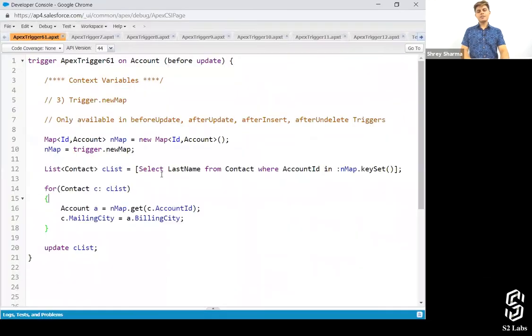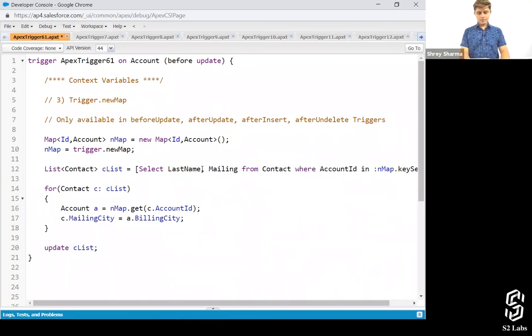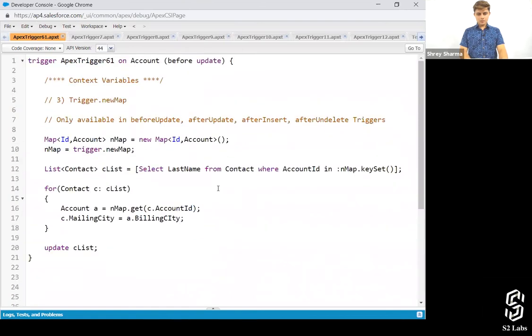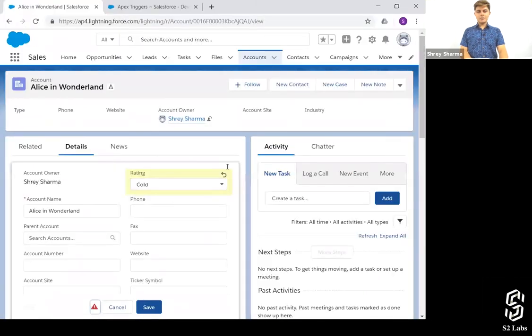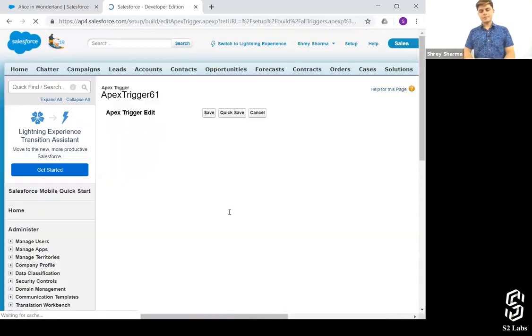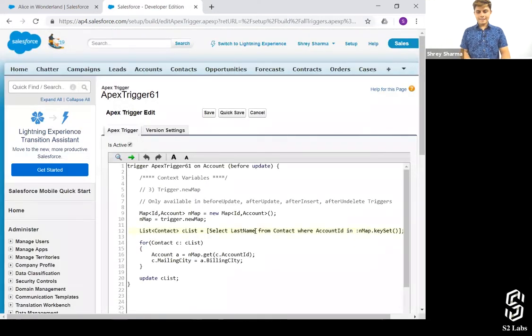S object exception. Let's not make any changes from here. Let's make changes from here only. Last name, comma.